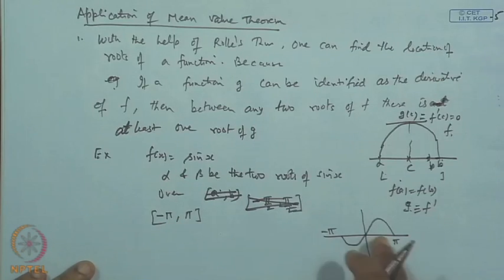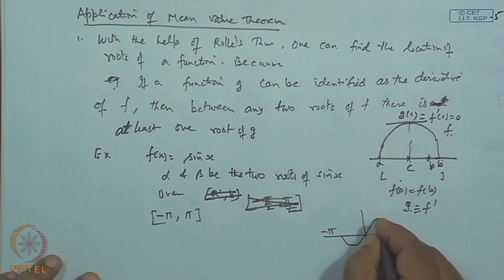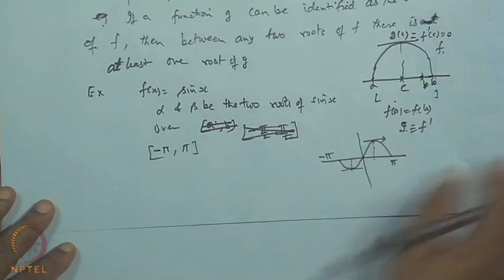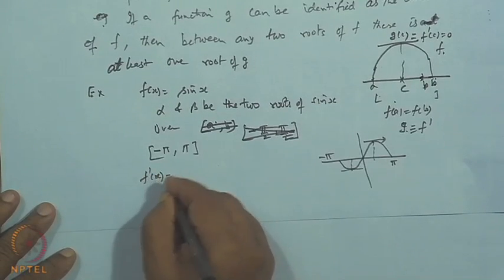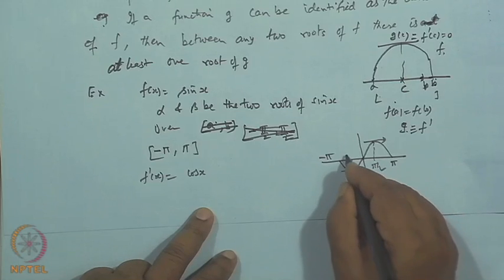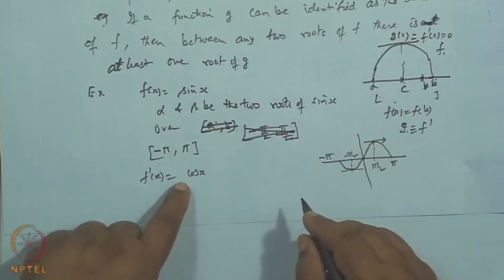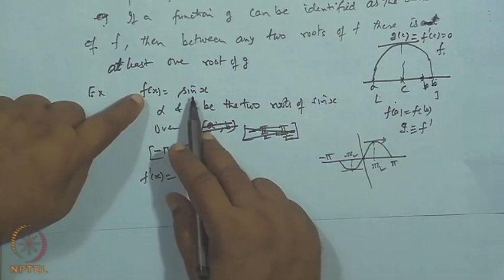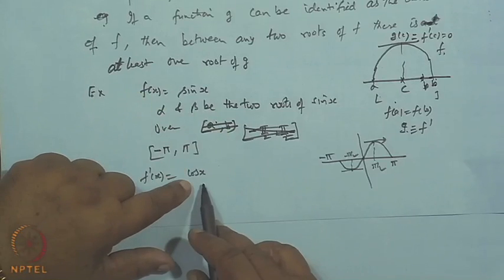Now, there exists at least one root. Obviously, this is one of the points where the derivative vanishes, and here is another point where the derivative vanishes. So, what is the derivative f prime x? The f prime x is cos x. So, cos x vanishes at pi by 2 and minus pi by 2. So, it shows that between any two roots of sin x, there is a root of cos x, and